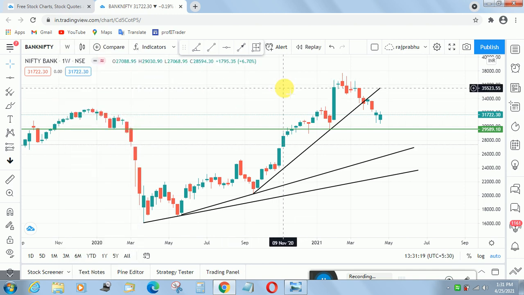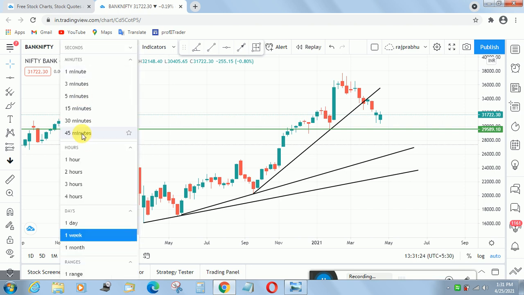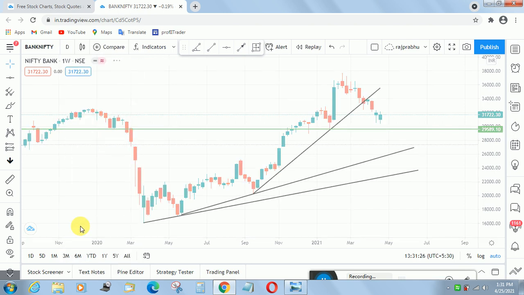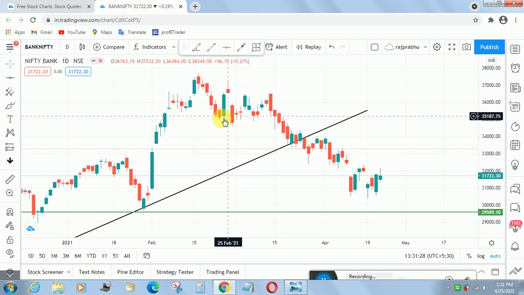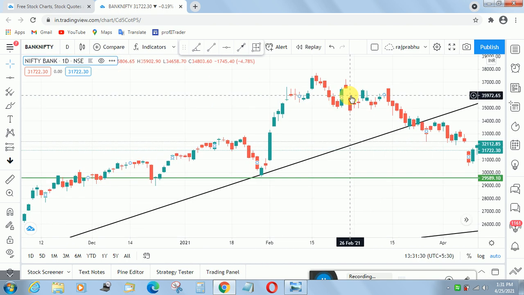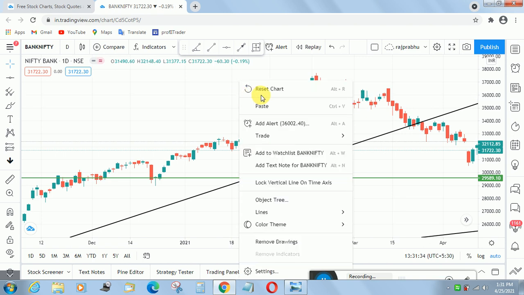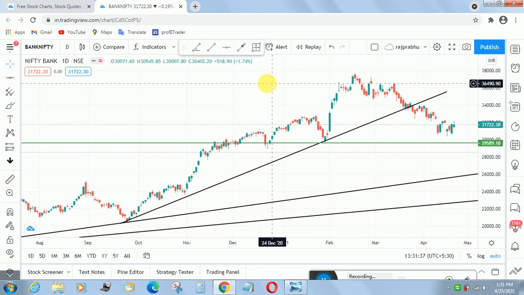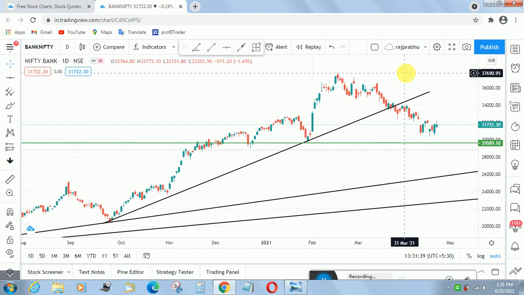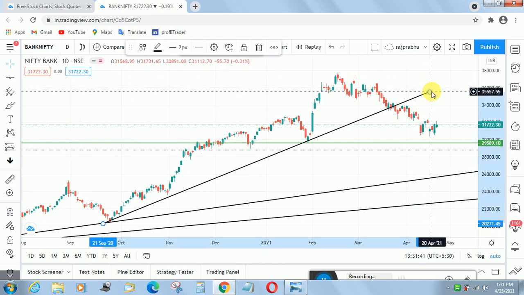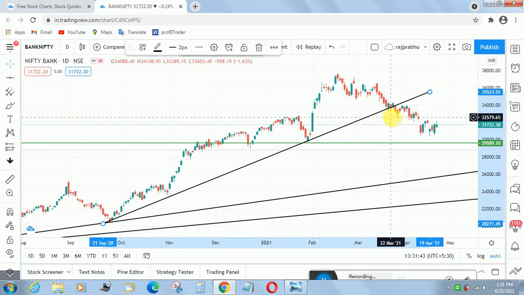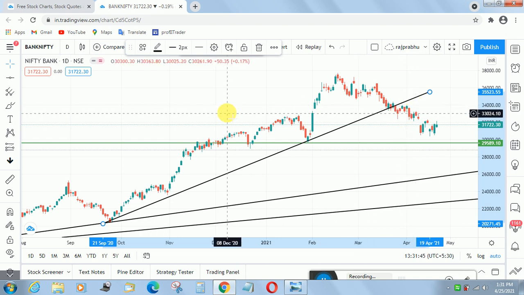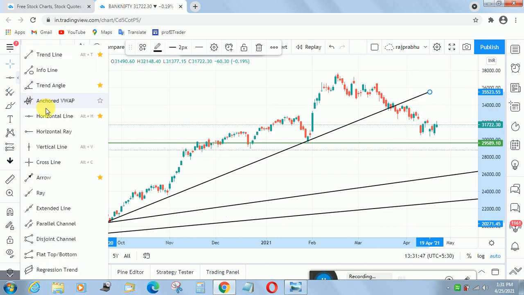Okay, already it gives a breakout in the weekly chart. I'm going to draw, see the view in the daily chart. Multi time frame analysis will help you to find the exact level. See here, this is a breakout and it's a retest area. See, I've drawn some lines here.